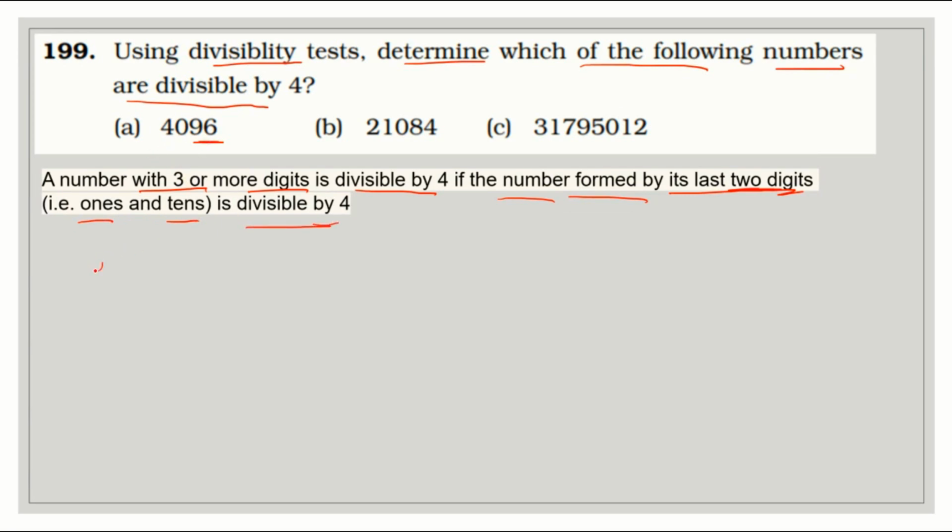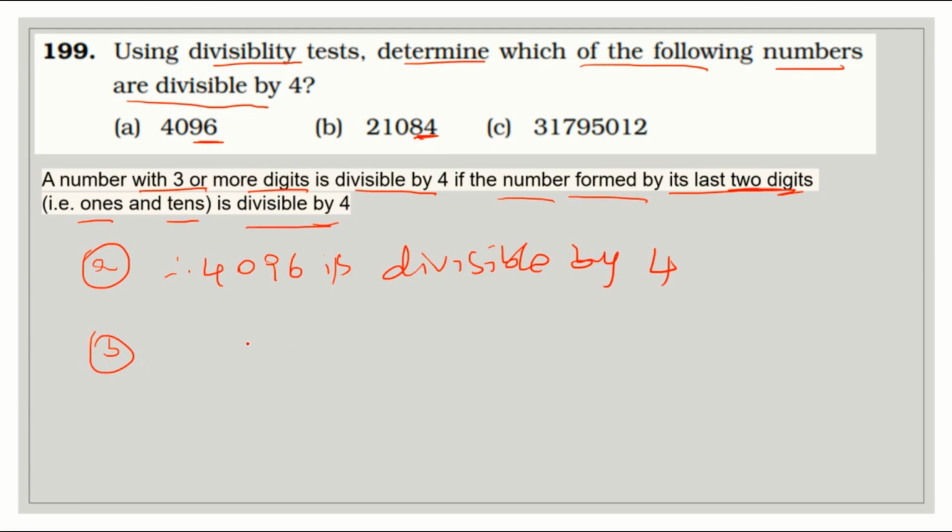Here in the case of A, 96 is divisible by 4, therefore 4096 is divisible by 4. 84, it is divisible by 4. This B, 21,084 is also divisible by 4. In the case of C, last 2 digits 12, this is divisible by 4. That means this number also